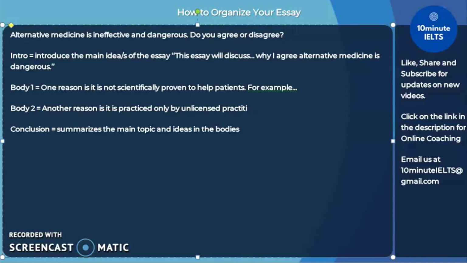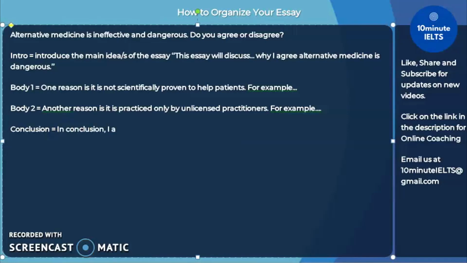That way we have a completely different topic. We can talk about maybe witch doctors, voodoo doctors, or in the Philippines we have something called an arbolario, and that would be a completely different idea from the first body. So that when we get to the conclusion, we can simply say, in conclusion, to summarize,